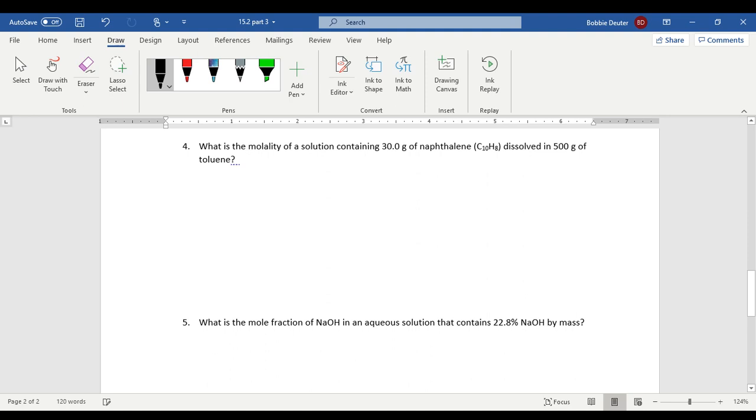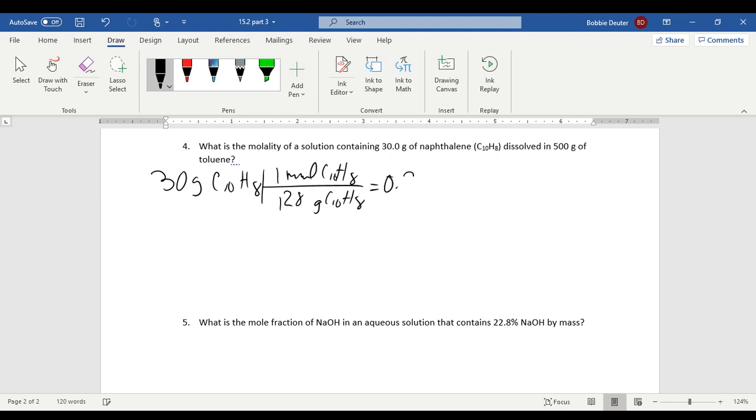So it says we have a molality of a solution of 30 grams C10H8. And again, we want to convert that right away into moles of C10H8. And that would be 128 grams if we look at our periodic table. And in this case, you would get 0.234 moles of